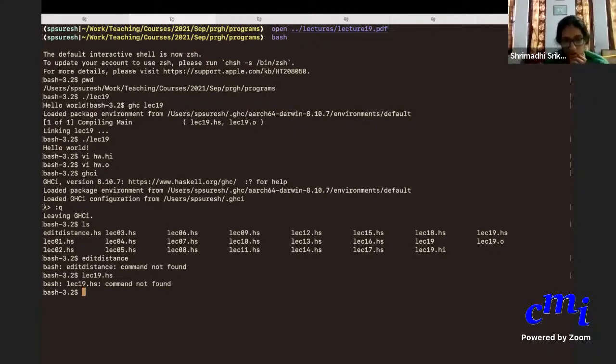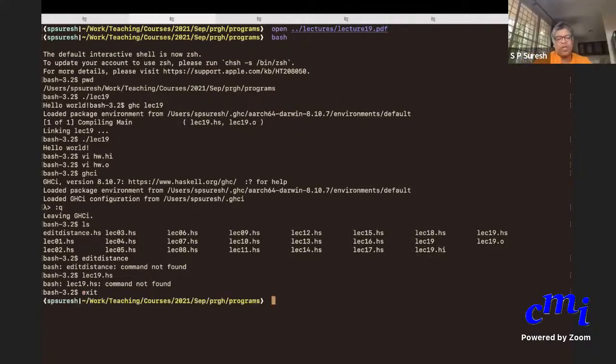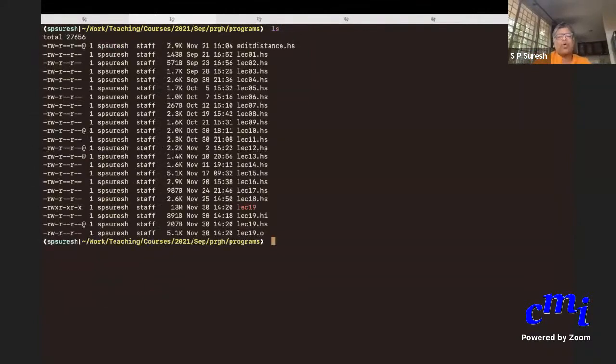So right, let me get out of this bash shell. That is why, if you look at this thing with a different color, this was not there when I wrote lec19.hs. Only lec19.hs was there. That is a text file. It is representing your program in some text form. When I do GHC, it will turn it into some other form.